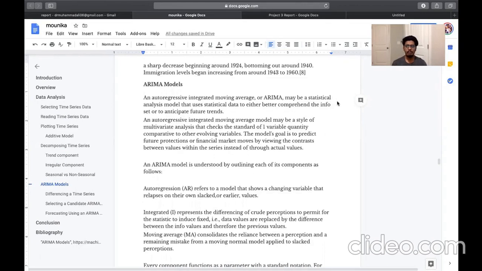Hello everyone, this is Mohammad Usman, and my group member Crystal has introduced us in the beginning, and she has gone through the pre-processing steps of our project, like what's the goal of our project and what we are going to do. After all the steps of selecting time series data, plotting the time series, the additive model, and decomposing the time series into trend, irregular, seasonal and non-seasonal components,